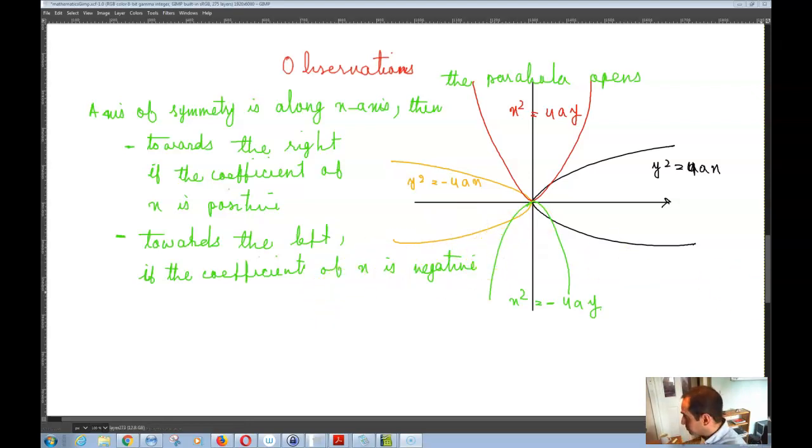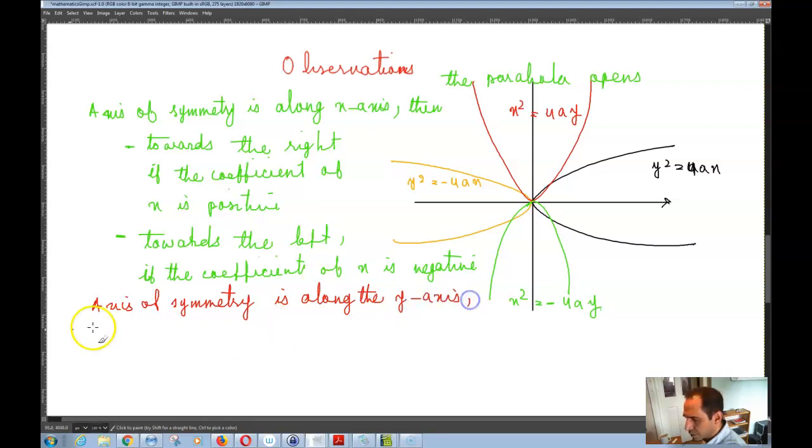If the axis of symmetry is along the y-axis, then the parabola opens upwards